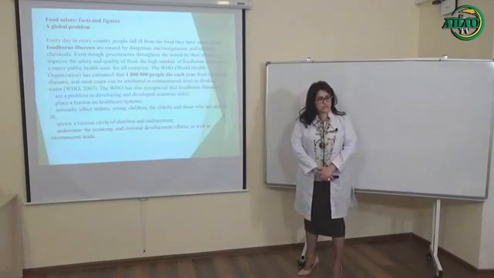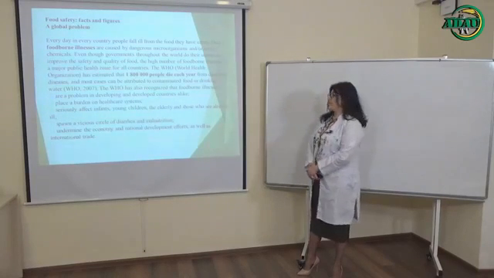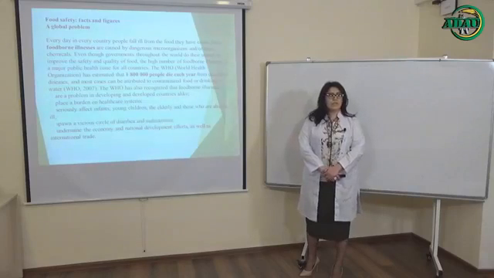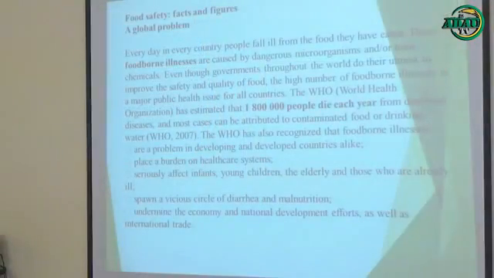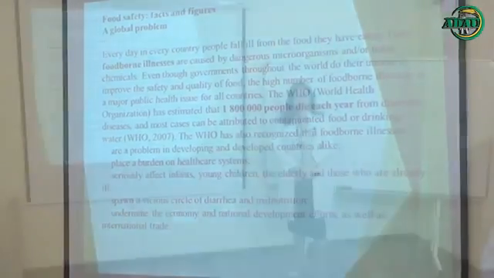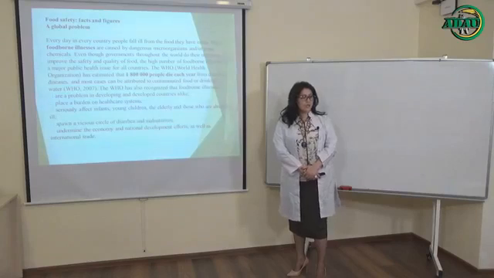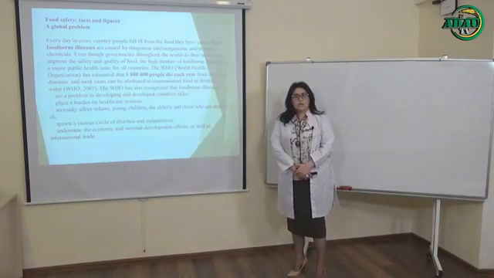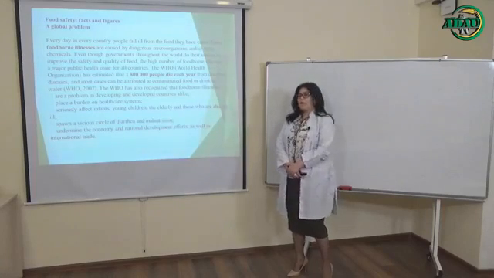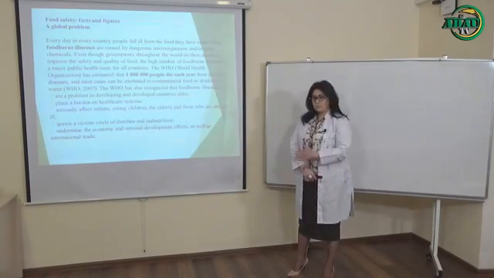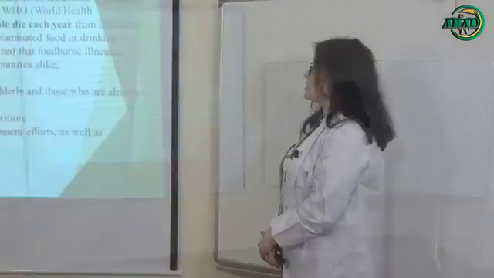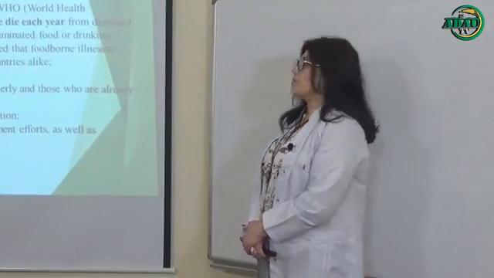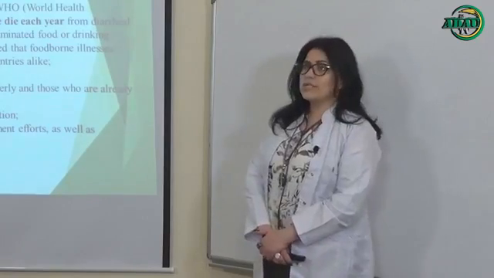So, what is food safety? Briefly about food safety. You know that every day, in every country, people fall ill from the food they have eaten. Every day about 8,500 children die because of food or lack of food, or diseases which are caused directly by it. These foodborne illnesses are caused by dangerous microorganisms and toxic chemicals,